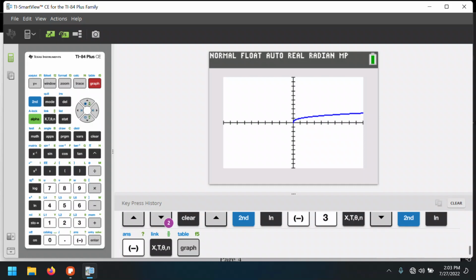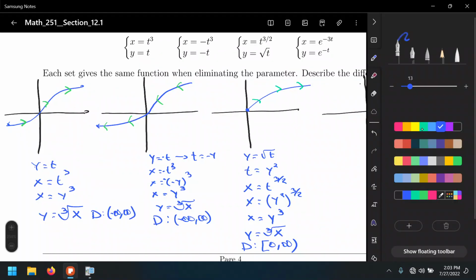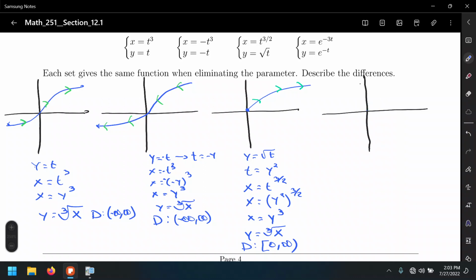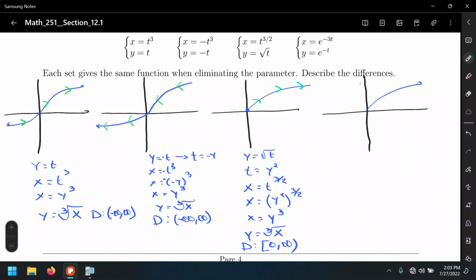Alright? It's very similar. It's pretty much the same, if you will. But in this case, one of the main differences is the direction that the particle is traveling this time. And well, let's see. Number one. Okay, let's eliminate the parameter and then we talk about the restrictions for this set of parametric equations. So we know that